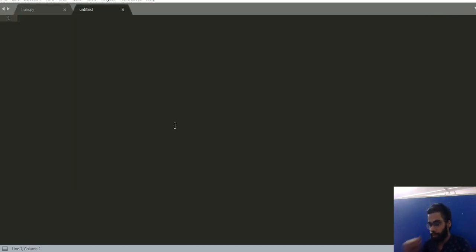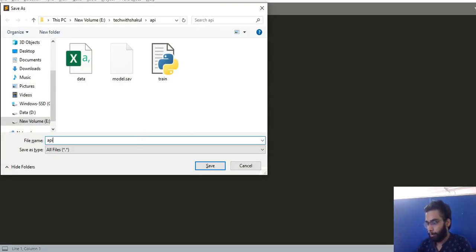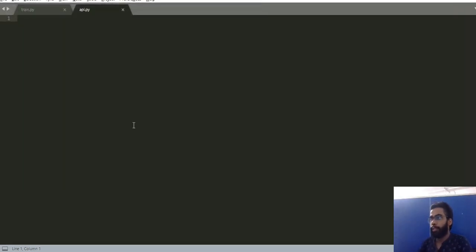Now let's jump on to the Flask app. Okay. So I'll save this as api.py file. So this will be my Flask app. So I'll use from flask I'll import Flask.